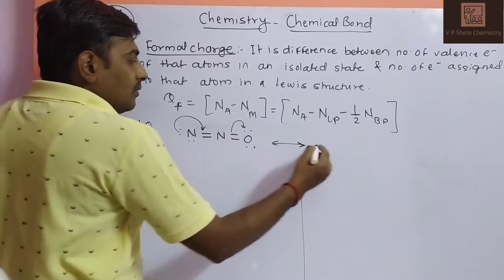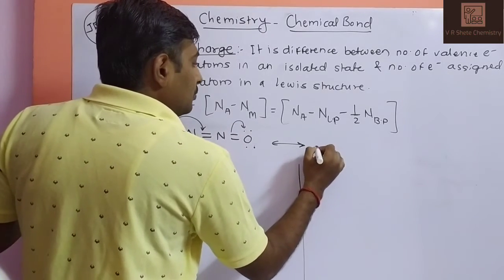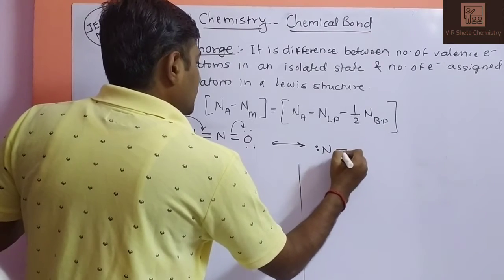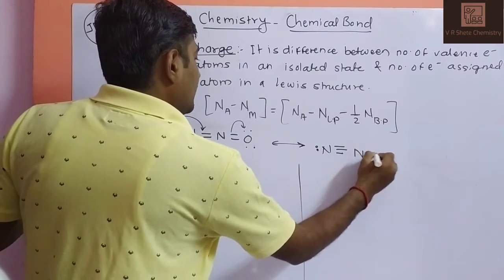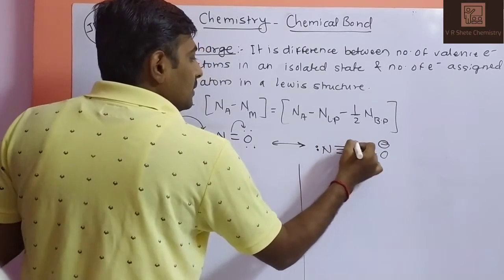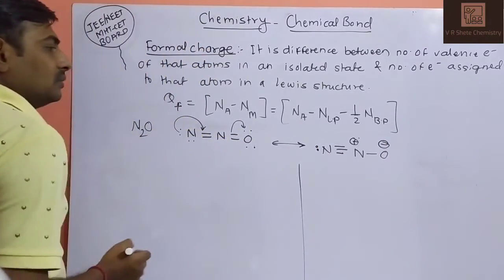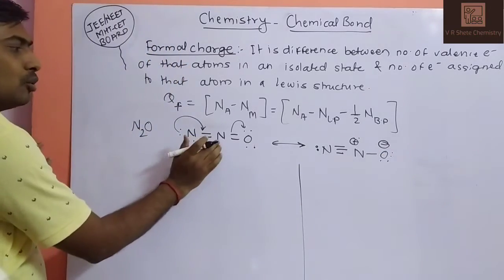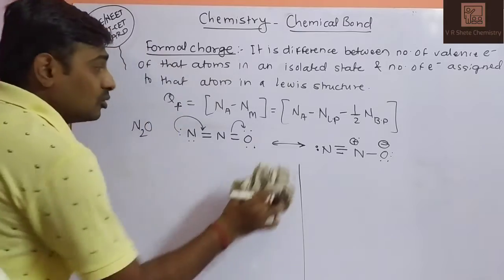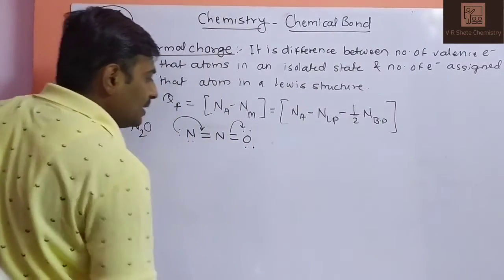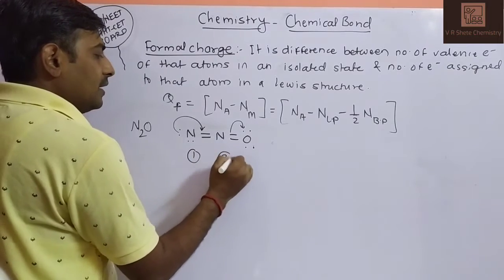First of all, we will calculate the triple bond system. The nitrogen, then this charge is shifted onto this oxygen atom. This is plus, this is minus. So this is your system. We will discuss only this first structure first: how to calculate the lone pairs of these atoms or elements. First, second and third.